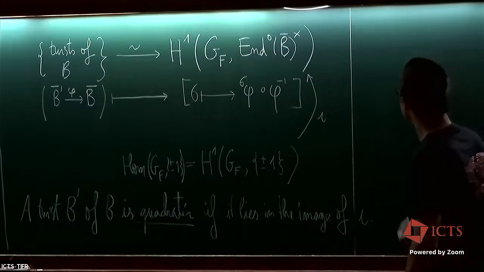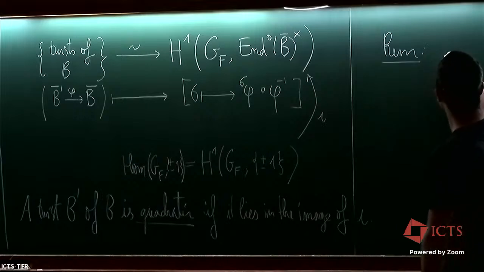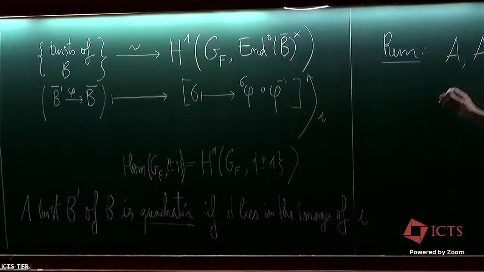But if you want a more explicit one, here is a remark. Let's go back to our abelian varieties A and A prime defined over the number field K. We say that the fact that these two abelian varieties are quadratic twists of each other just means that their corresponding l-adic representations differ by multiplication by some quadratic character. This you can get from Faltings' isogeny theorem. And what it means that